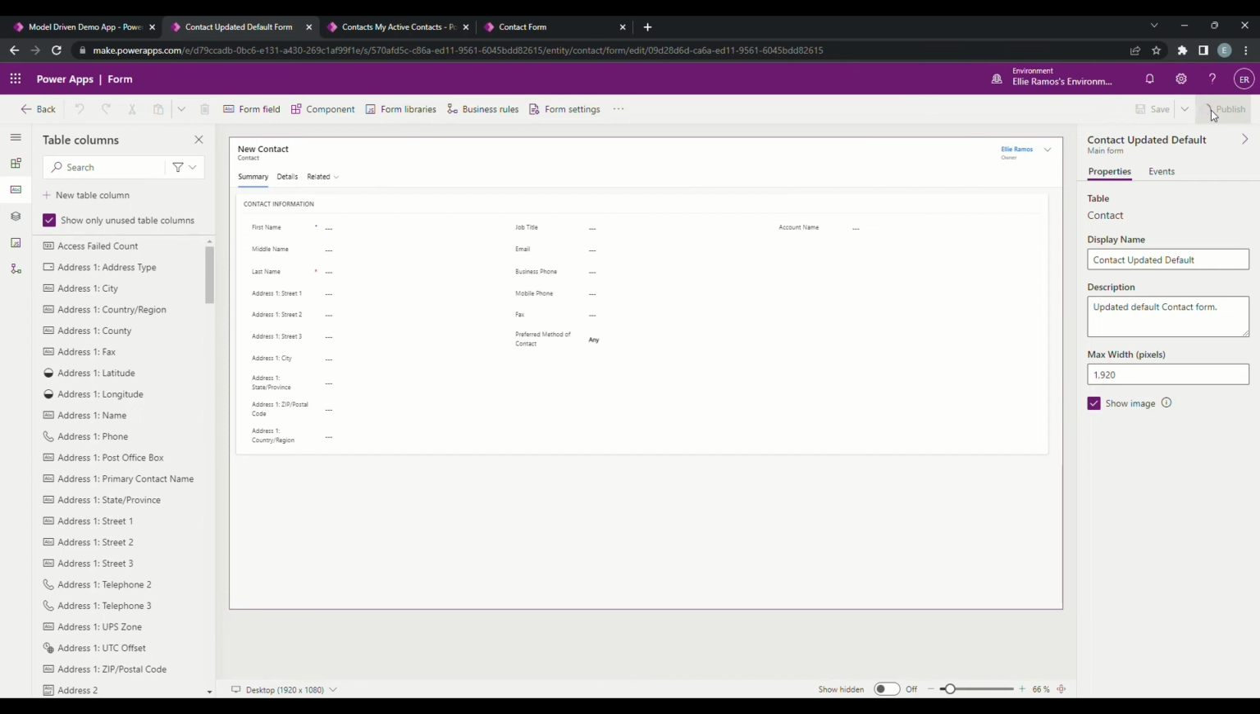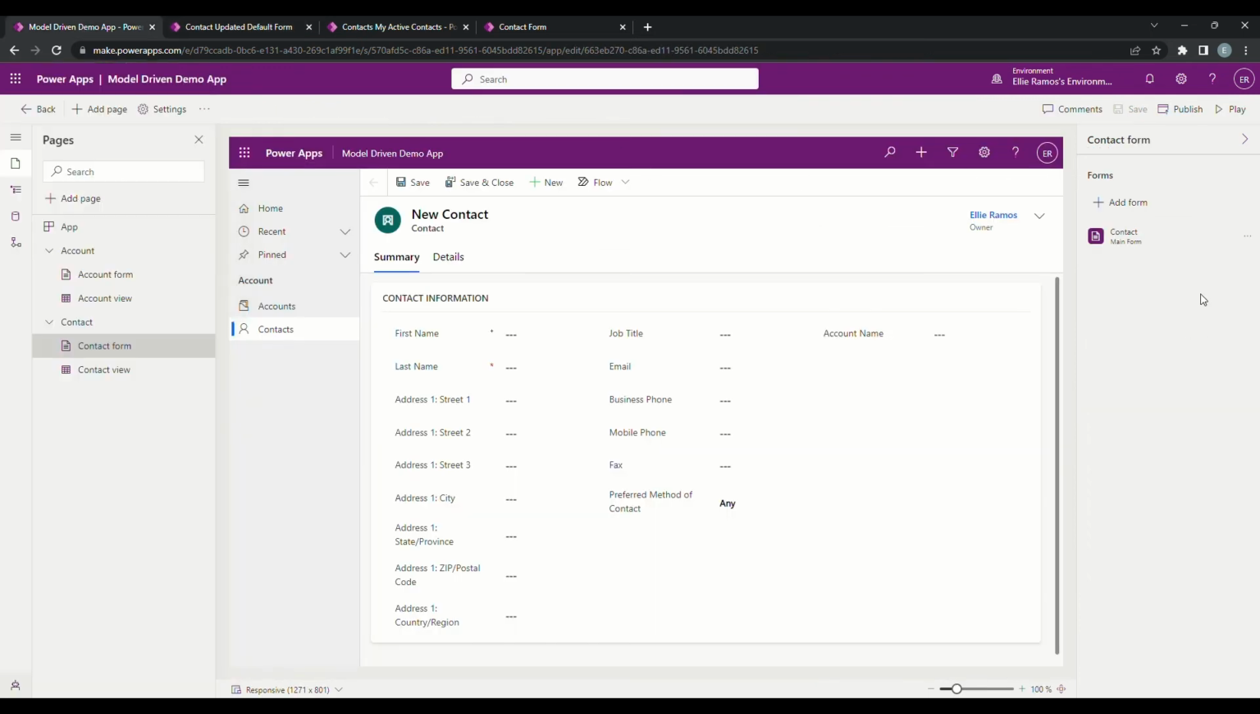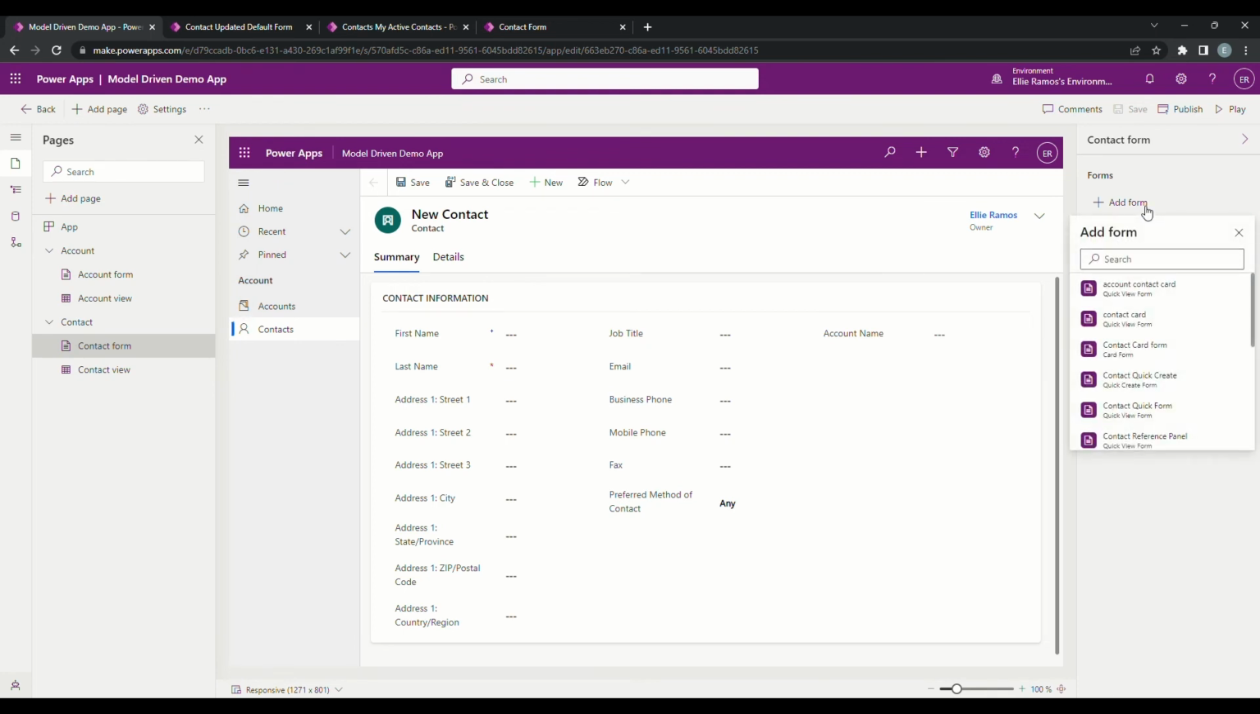Okay, once we hit publish and it's done publishing, then we can go back to the main form and within the application and switch out the default to what we just made. Okay, let's go back here, go here. We do add form, and